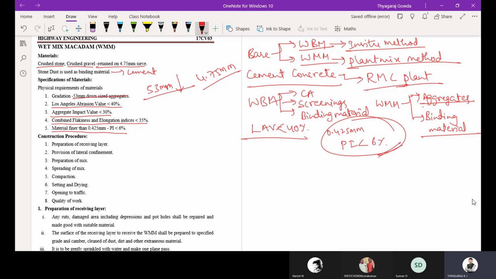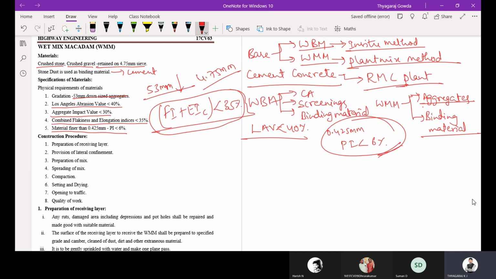And remember the combined flakiness and elongation index: for all the layers it should be less than 35%. Remember this one, it is common for all the layers.